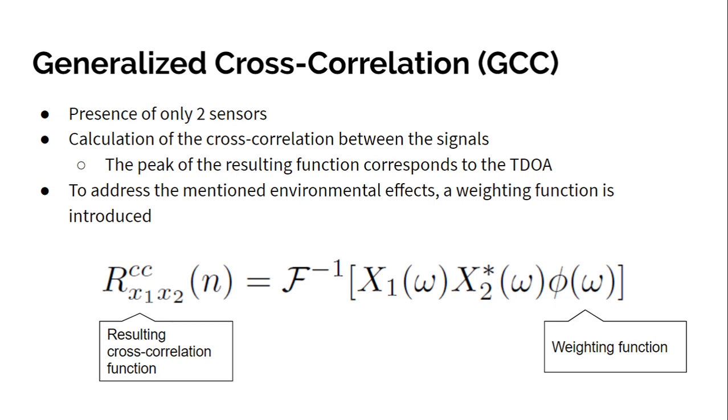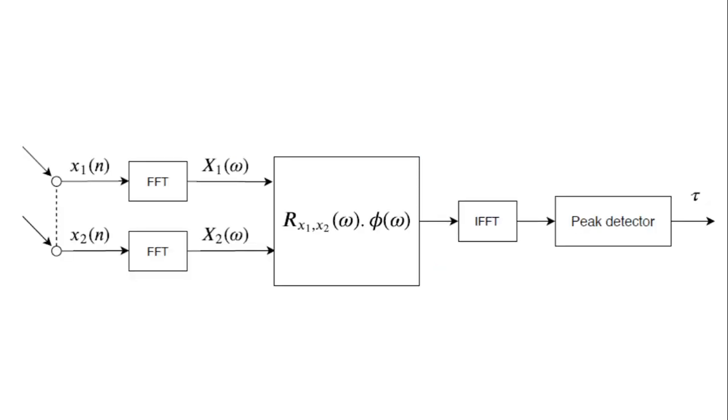Here, our setup is going to be made of only two sensors, and it's way more useful if we talk about the GCC in the frequency domain. So in the frequency domain, the cross correlation operation is quite simple. Just multiply the first signal by the complex conjugate of the second signal, and that's the cross correlation. What happens will correspond to the TDOA,